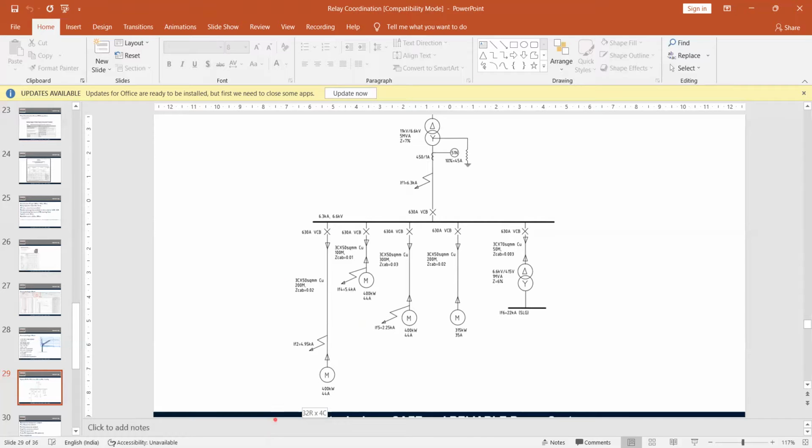Now if it is a 75 per 1 amp CT, what will be my pickup current? 75 amps into, let's say, 1.1 times is how much? 82.5 amps is the pickup current.